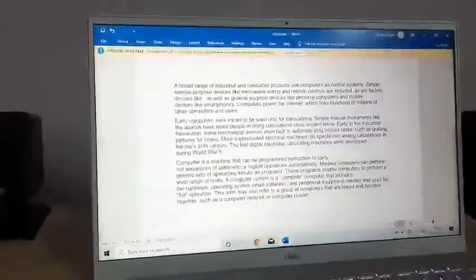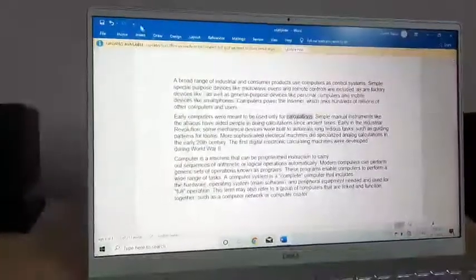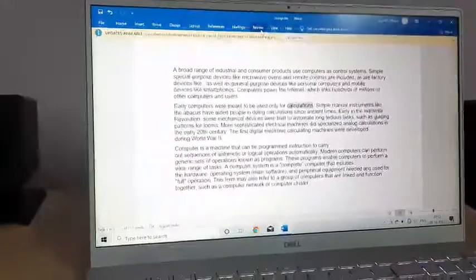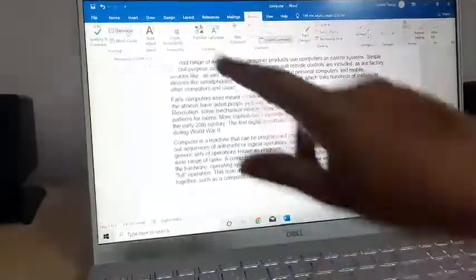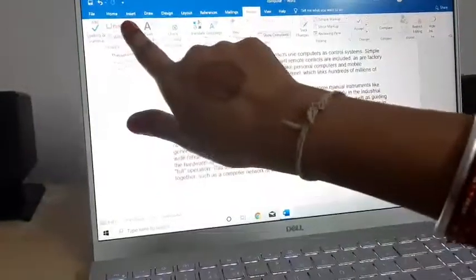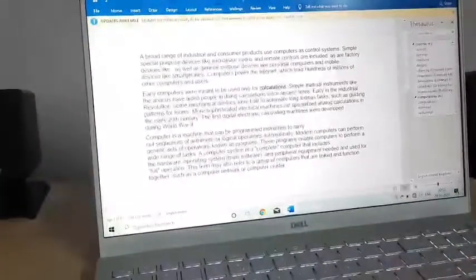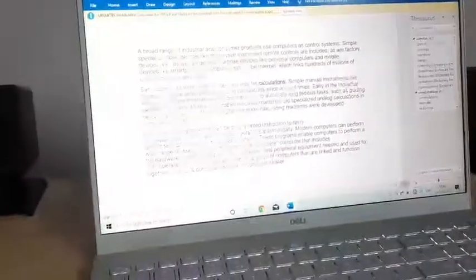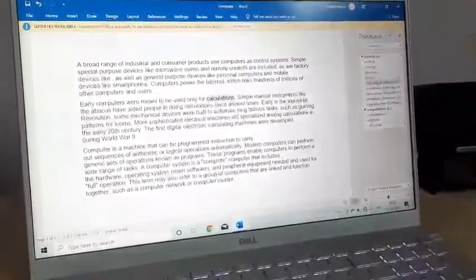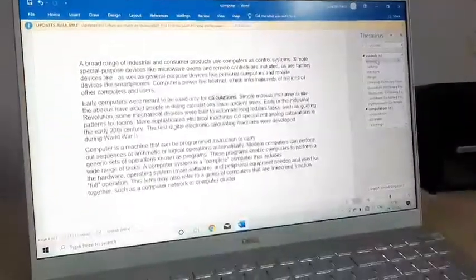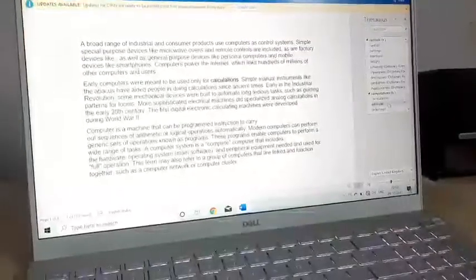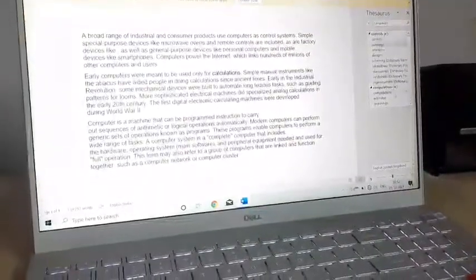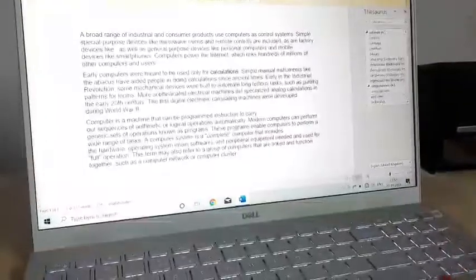Okay, just let me quickly show you where it is. Which word do we want? Okay, "calculations". Select this word, go to Review and you can see this one. Click on this, and you can see here "calculations" means intentions, or if you want controls, computations, estimates, whatever word you want, you can choose it and insert it.